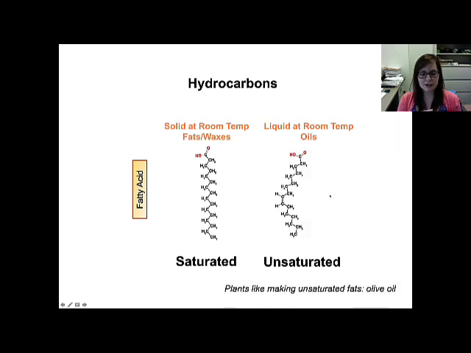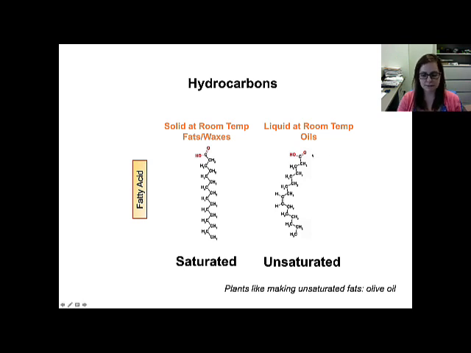And these saturated and unsaturated fatty acids have different properties. The saturated fatty acid, you can think of it as being very stiff, and because of that, it's solid at room temperature. This is what we think of as butter or beeswax, where you have this long saturated hydrocarbon tail. And unsaturated fats that have this double bond between the carbons are more fluid, okay? And because of that, they're liquid at room temperature, and these are what we have in the kitchen